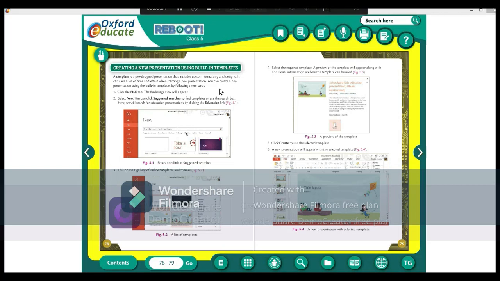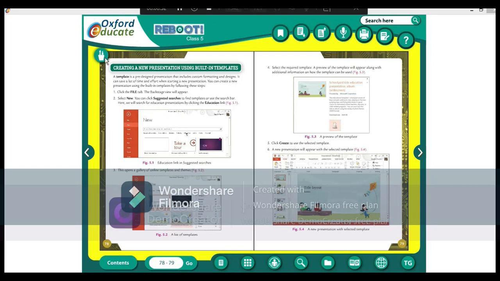It is a pre-designed presentation that is already designed and it is there on your PowerPoint. A template is a pre-designed presentation that includes custom formatting and design. It can save a lot of time and effort when starting a new presentation.